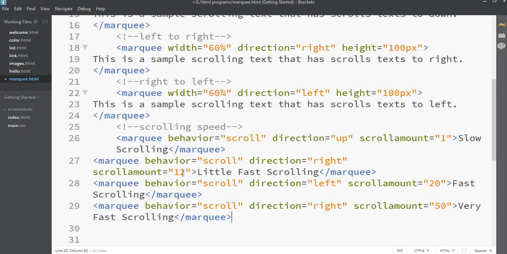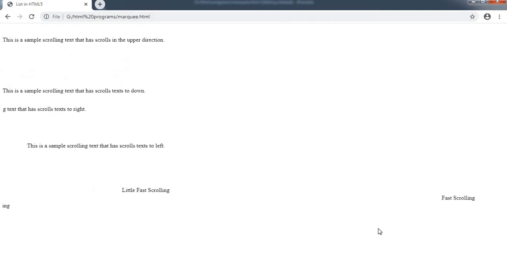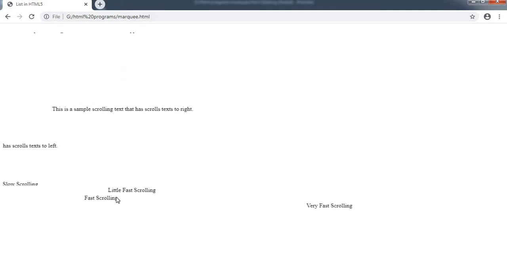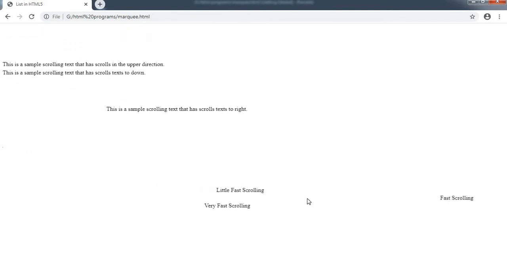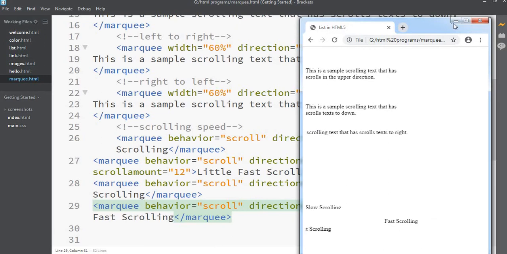When I set it to 12, it will be a little faster. When it's set to 20, it will scroll fast, and when we set it to 50, it will be very fast scrolling. Let's see. See, so this is the behavior. Simply slow, then a little bit faster, then faster again, then very fast. So these are the effects of the marquee tag.